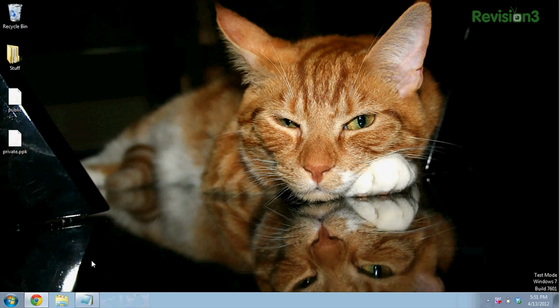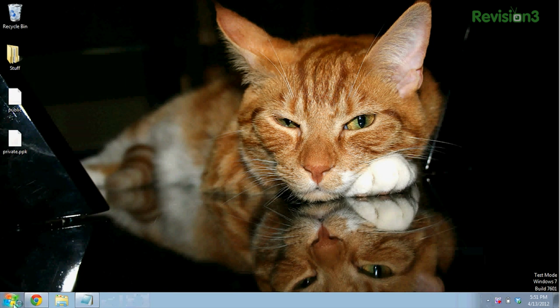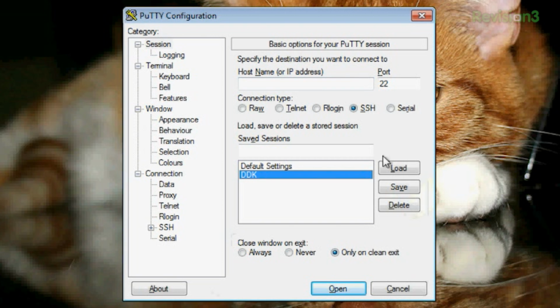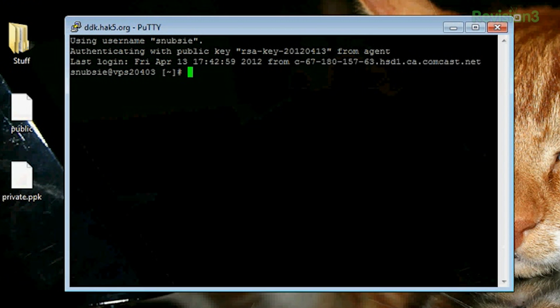And so last time you used a password, but now you should be able to open up Putty. Reload. And this is where I actually had to put snubsy at this point, or else it wasn't going to work right. Yes. So I open that. Authenticating from agent. And there you go, you're logged in. Oh, that is so cool. Yeah, and since you've already saved in your Putty profile all of the stuff for your dynamic tunnel, you don't have to do that again. Yes, dude, this is great.